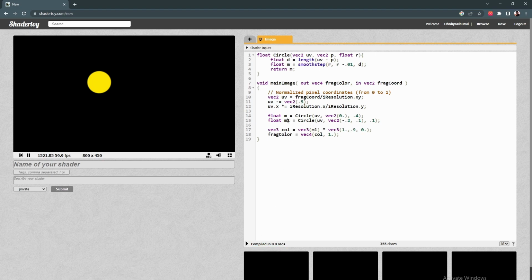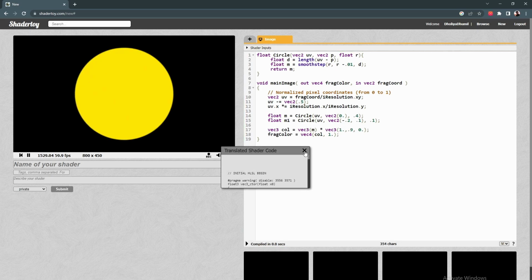Now we can only see one circle at a time. Either I can see this circle, or I can see that circle. How can we see both of them? Basically, we want to put our circle here, and we want to cut out that circle from this. Very simple: we can do M minus. From this particular value we can subtract this circle value, and if I run it,